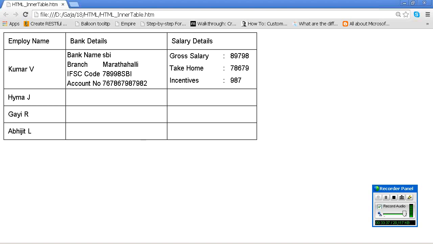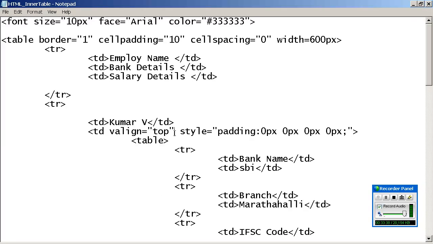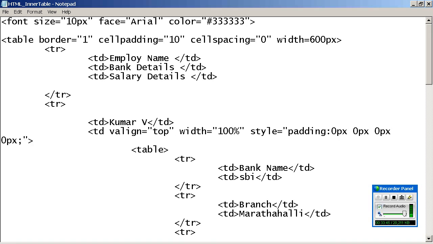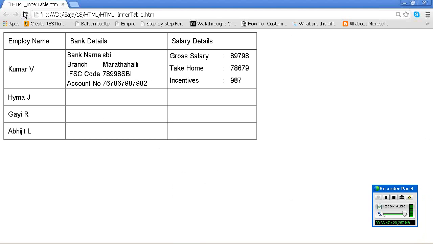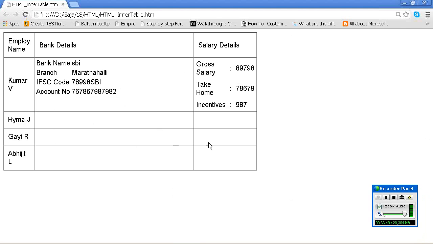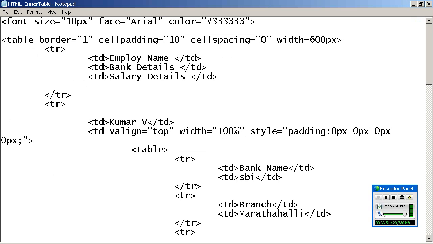And you need to specify the width, 100% of the second column. Okay, wait a minute. Why does it become 100% now? You haven't specified the width, so it is automatically taking it.